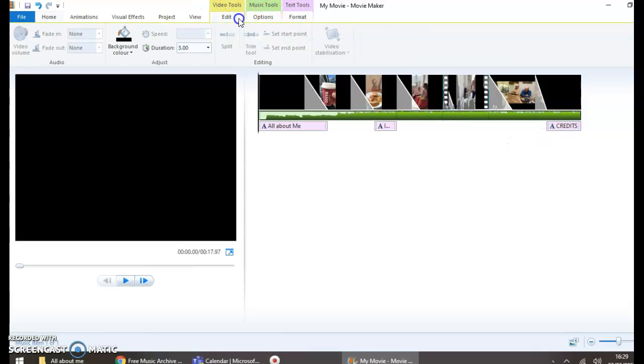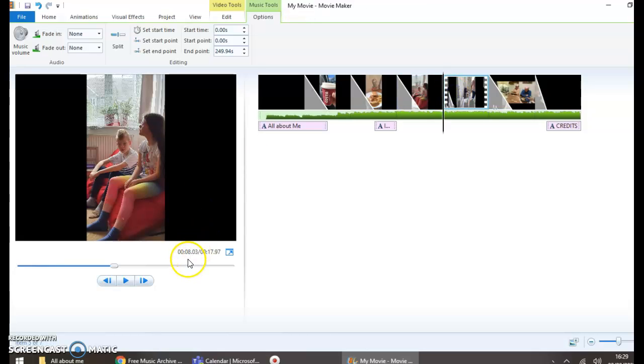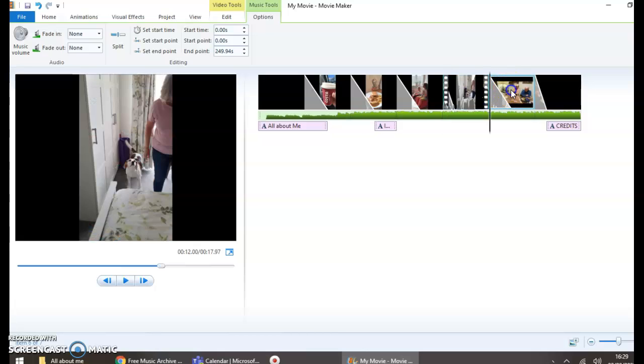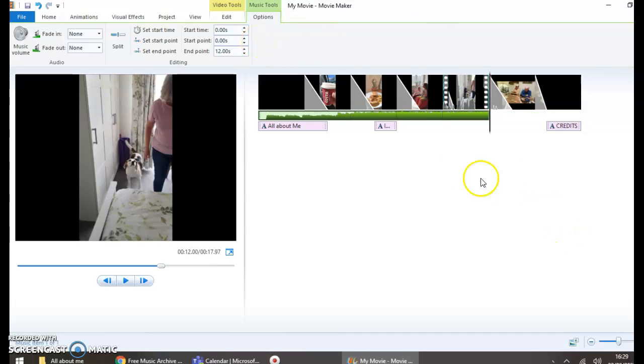And then I don't really want it playing while I'm talking about Buddy, so you can actually then trim it. So music tools, so I can see that the dog starts at 12, so I'm going to trim my end point here to 12 seconds. And you can see the green thing ends there. So if I watch my video now,